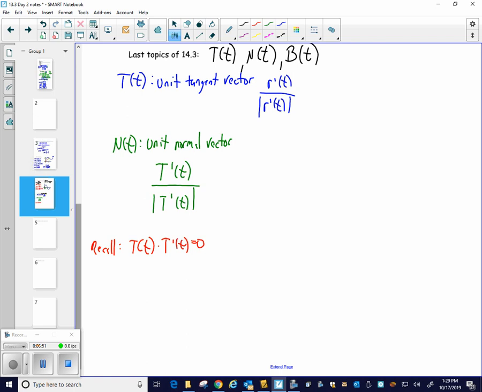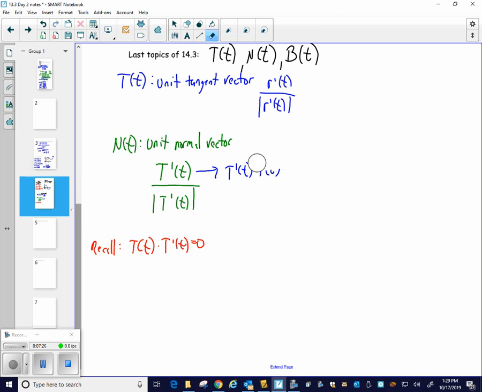Well, a normal vector is perpendicular to the tangent vector, so if we take T'(t) and dot it with T(t), you would get 0, which tells you that T'(t) is